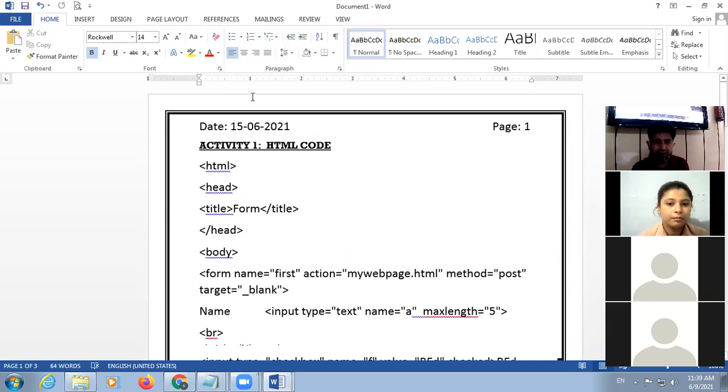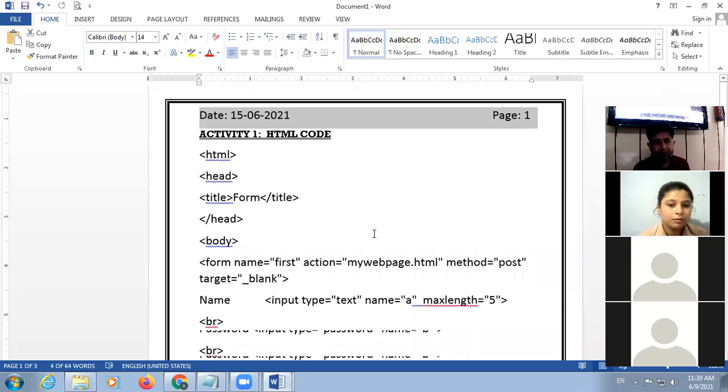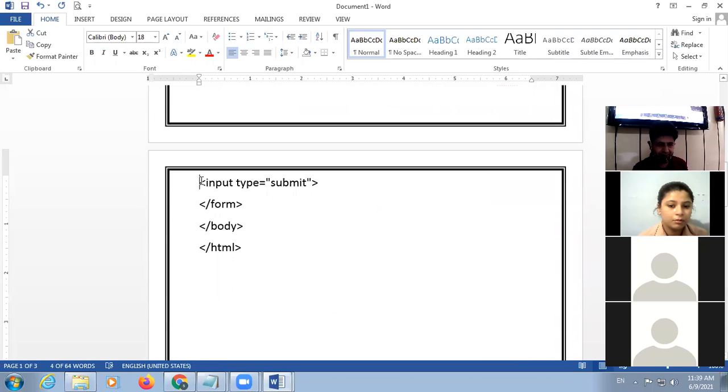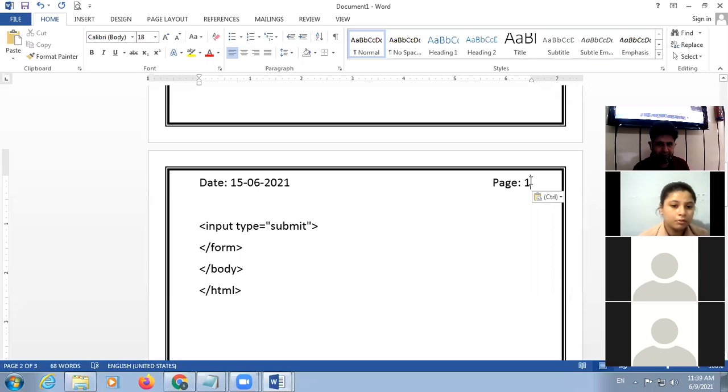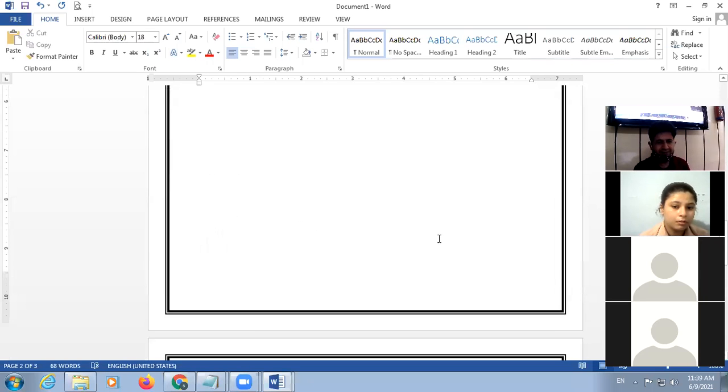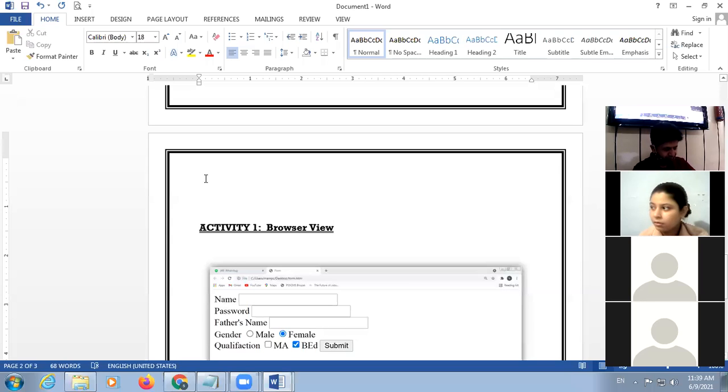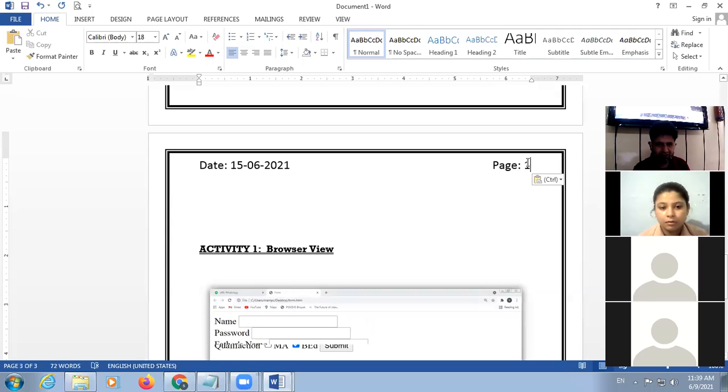Page number 2 again. There the date and page number will be on every page. This is page number 2. Then page number 3, like this.